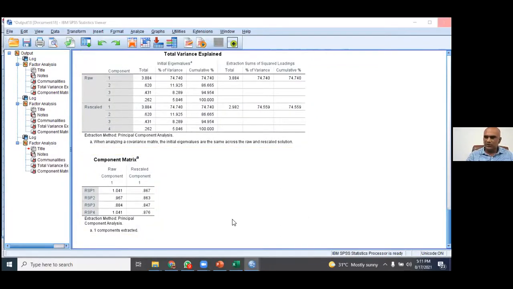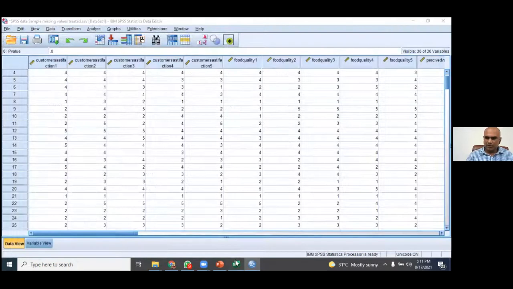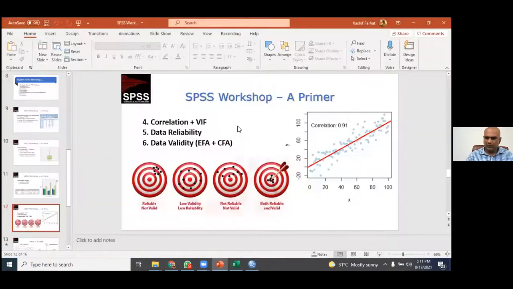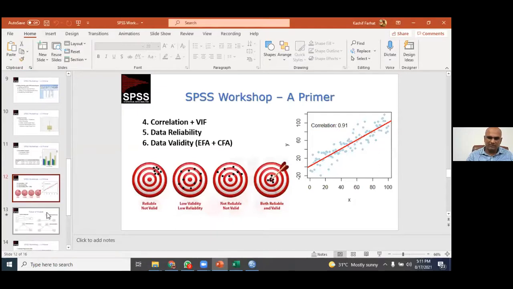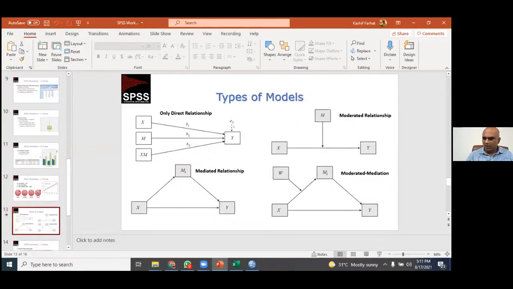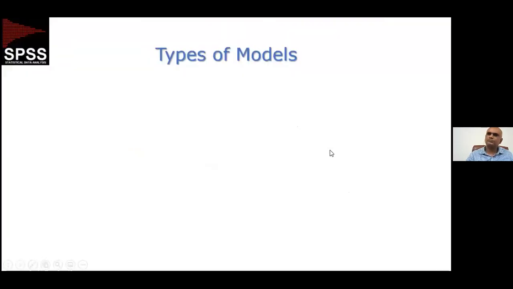Okay, so let me close it now. So we're done with what? We're done with data, EFA and CFA. I gave you the option. Okay, now we're down to the crux. We're down to the crux of our